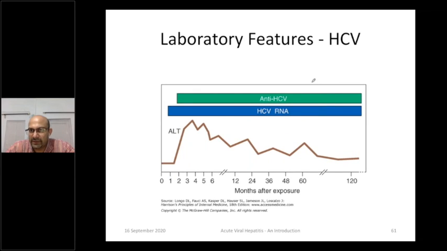So coming to hepatitis C virus, again, this is another not difficult virus. It is simple to understand. ALT, AST really doesn't contribute much in the diagnostic facility because oscillations keep happening during the course of illness. Hepatitis C has a propensity to become chronic in at least 40 to 50% of patients who get afflicted with hepatitis C virus. The hepatitis C virus RNA remains positive throughout, and anti-HCV antibodies also remain positive throughout. So when we are testing, we first test the anti-HCV antibodies, and if these are positive, then we check for the HCV RNA.